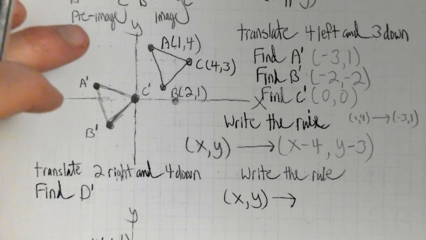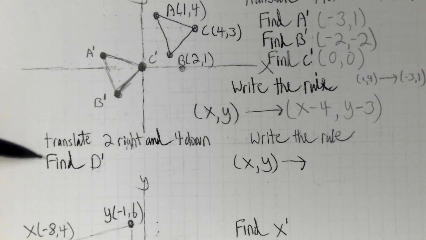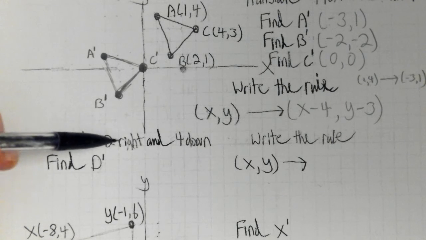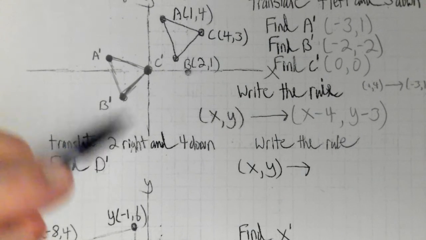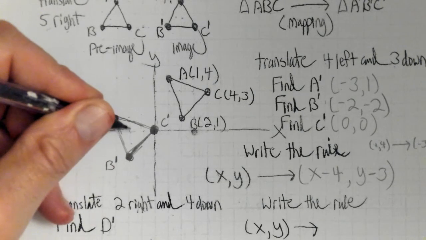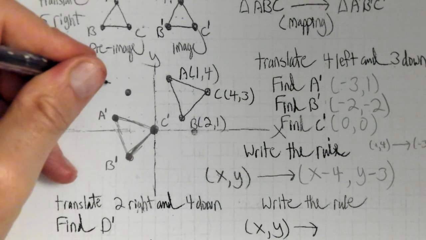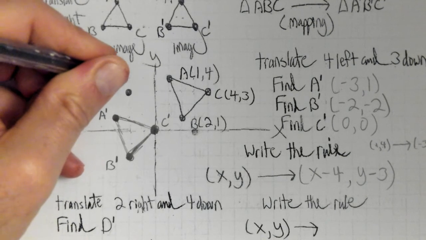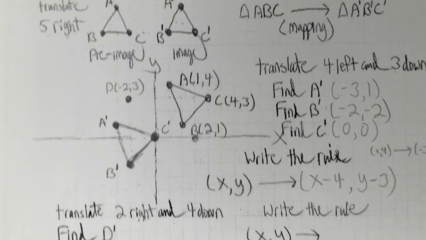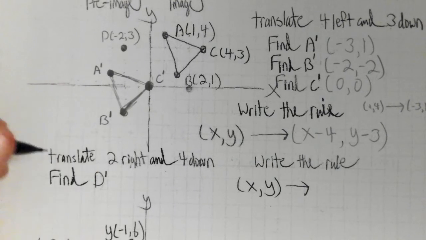All right. Let me see what else we need to look at. Let's practice another one, but just with 1 point. Let's say I want to translate point D, 2 to the right and 4 down. So let's draw a point D up here at -2, 3. -2, 1, 2, 3. All right, so let's say that that's my point D at -2, 3. Okay, so I want to translate point D, 2 to the right and 4 down, and come up with the